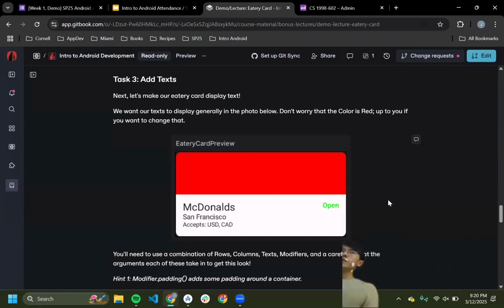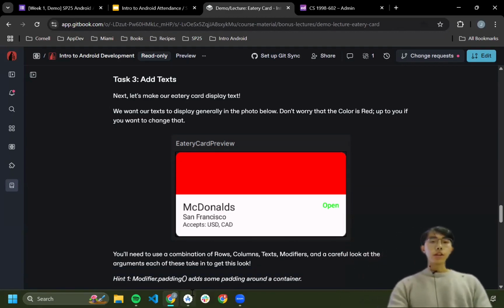So the way that we will do it here is that if you imagine that this is just one element and this is another element, everything on the left here being one contiguous thing and the other thing on the right, then we can just separate those with a row. All this content is the leftmost element and this is the rightmost element. And then the leftmost element we can make with a column, putting these texts vertically.